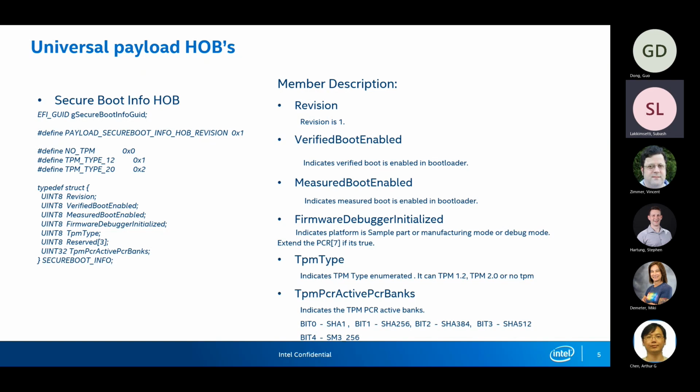If TPM is not initialized in the bootloader, the payload should not do any operations automatically. If measured boot is not enabled, that means TPM is not enabled, and the payload itself cannot start the TPM. It should be started from the TPM startup. It has to be done at the bootloader level.